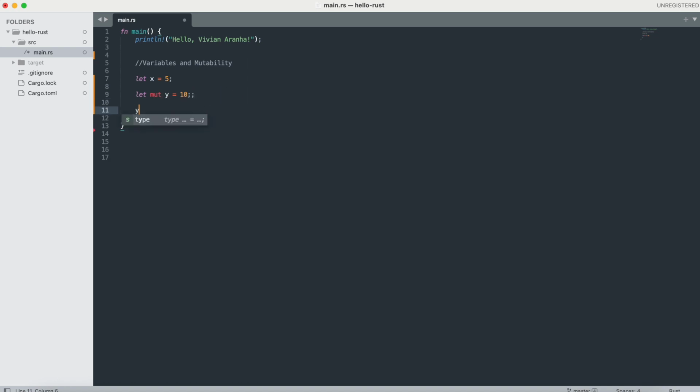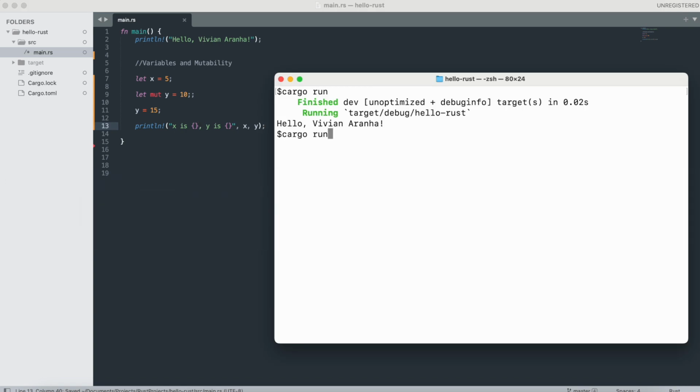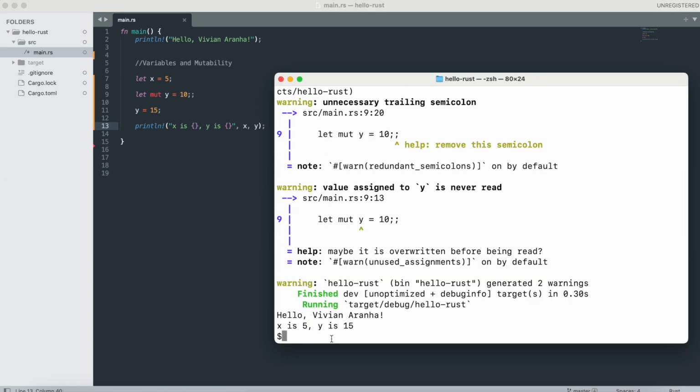So I can go ahead and say y equal to 15 in the next line. So the value of y now is 15. I can use println and say x is this and y is this, x comma y, and then I just go ahead and run the function, and you will see that it says x is 5,